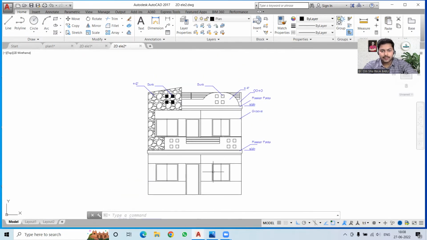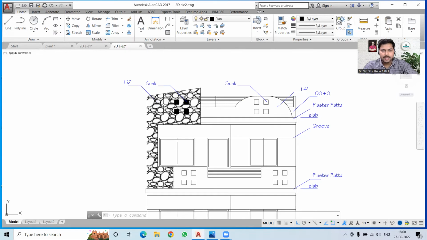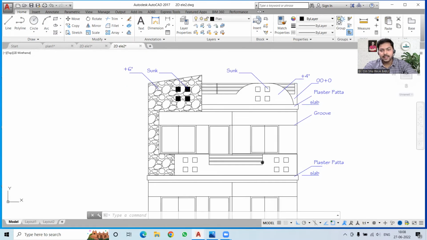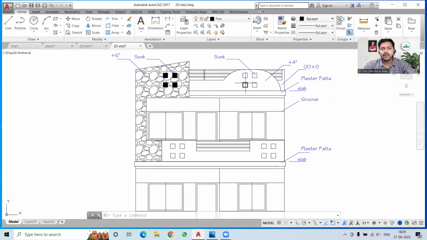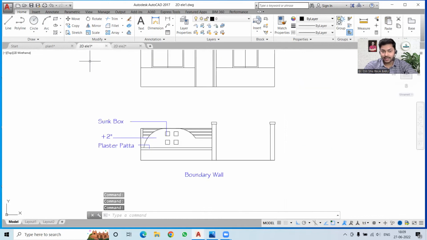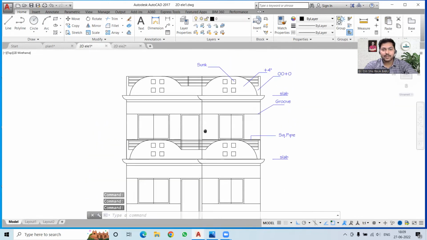Then we can see here he has used some kind of marbles over here, which is giving a decent look to the house. And here the symmetry is not being followed, but it is again giving a better look than the previous one according to me. However, it's always the client's choice, and we are also ready to give our clients a lot